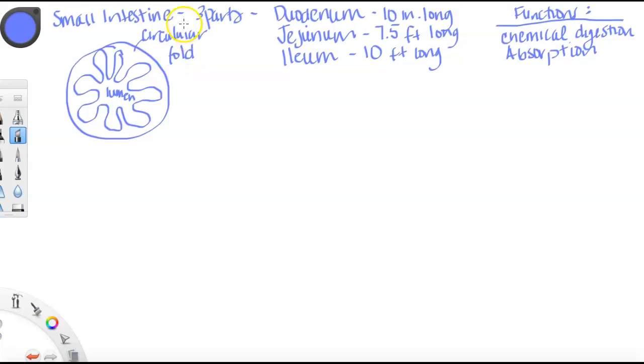So the structure of that circular fold with its villi and microvilli make this a really good place for absorption